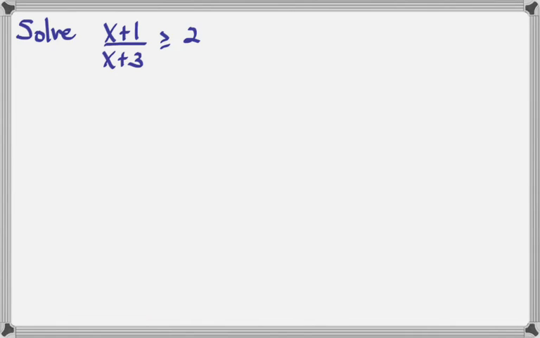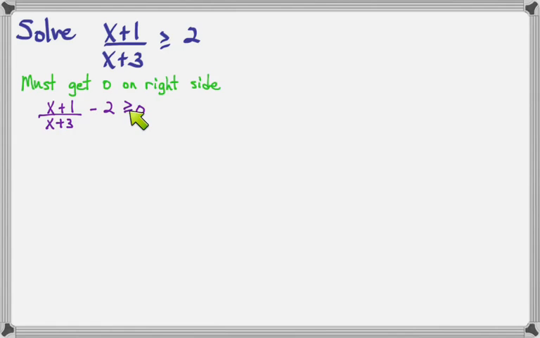And here's another one, and this time we start off with something that's not 0 over here. So let's look at (x plus 1) over (x plus 3) is greater than or equal to 2. Well, of course, remember we have to start with 0 on the right side. So if we subtract 2 from both sides, we do have 0 over here now,